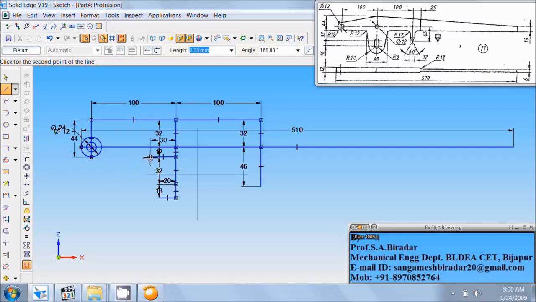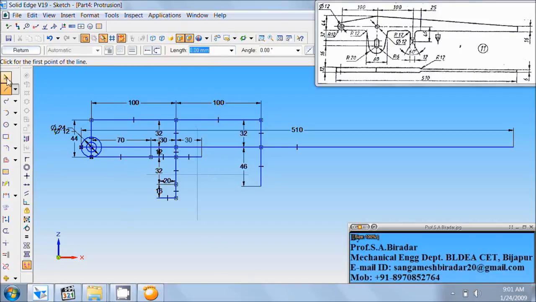Then from this end to this end it is of length 70. Angle is 180. Then right click of the mouse. From this end again on this side it is of 30. Angle is 0. Right click of the mouse.